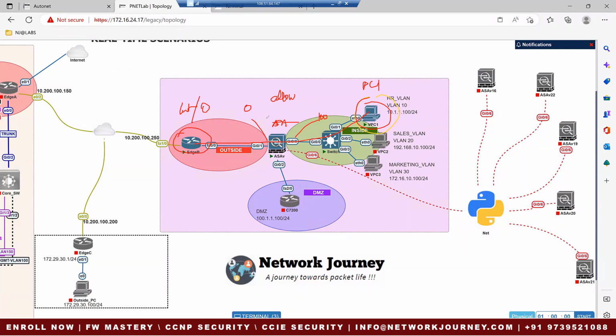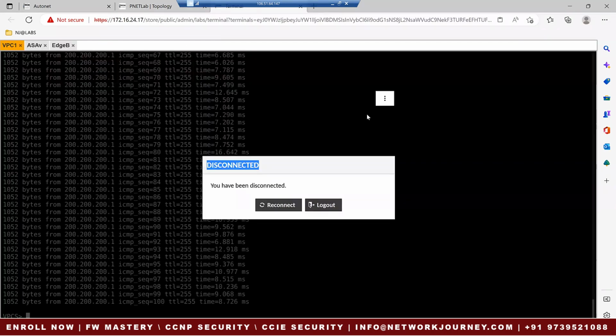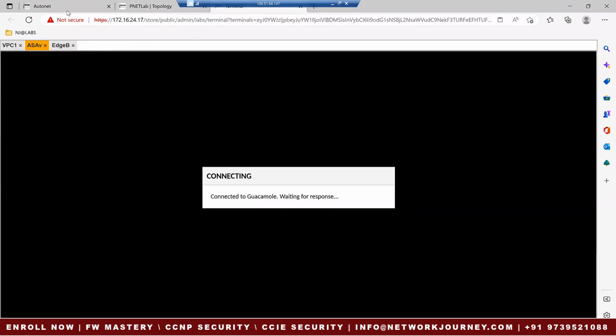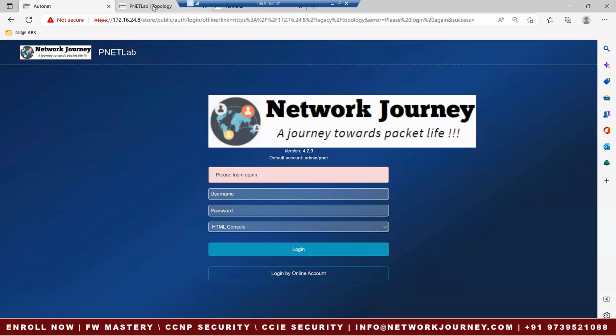In the next class, I will show you the different scenarios. I can change this to, let's say, 50, and I'll keep this as 100. And then we will see how we add policies and all those things. So today, let's keep it basic for the audience. Let me open the console. Let me open a console for this PC, reconnect, ASA firewall, most needed, reconnect. And then I have